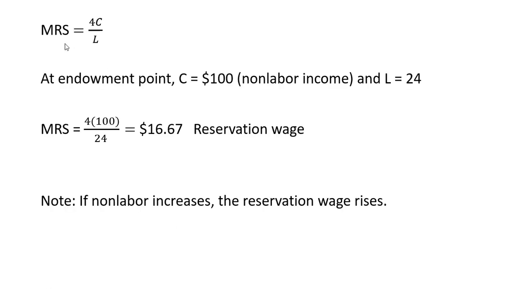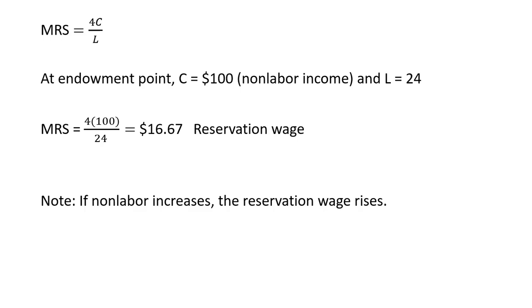The next step is to take that marginal rate of substitution and evaluate it at the endowment point. So when this person is not working, their total level of consumption just equals their non-labor income. So C is 100. And when this person is not working, the maximum leisure this person gets is 24 hours. So plugging those values into the marginal rate of substitution and simplifying, we have the reservation wage of